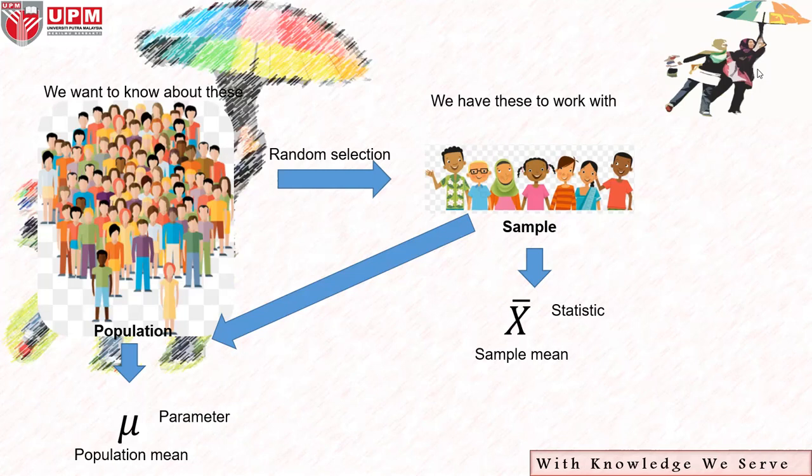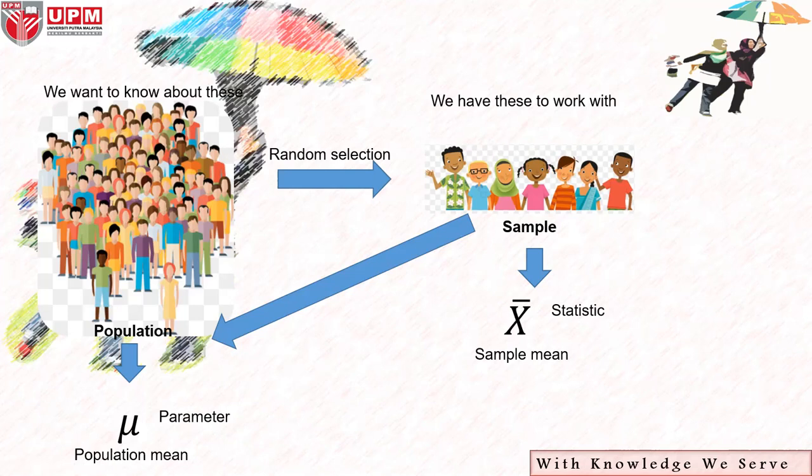We have not discussed that yet, but let me introduce it first. Any values that derive from the sample, the name is statistics. That is the origin of statistics. Statistics are numbers or values that have been derived from the sample. The value that we derive from the population, the name is parameter. The value that we derive from the sample, the name is statistics. So what is a statistic? A number or value that we get from sampling.